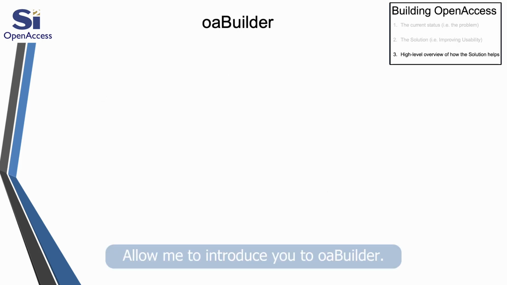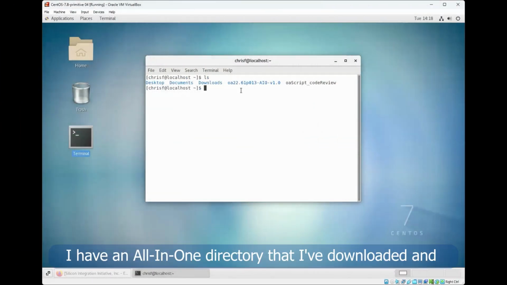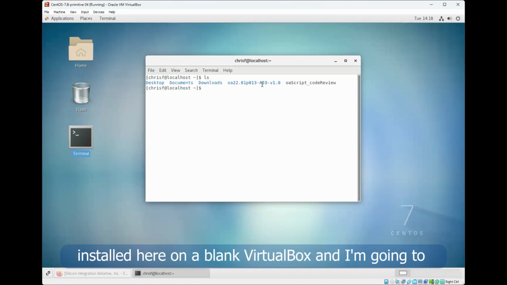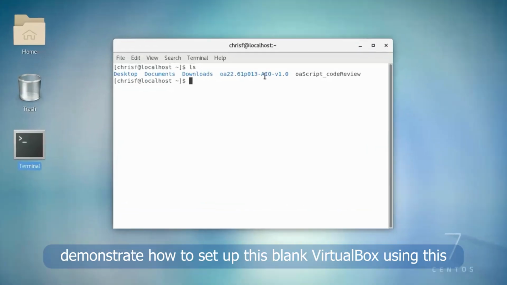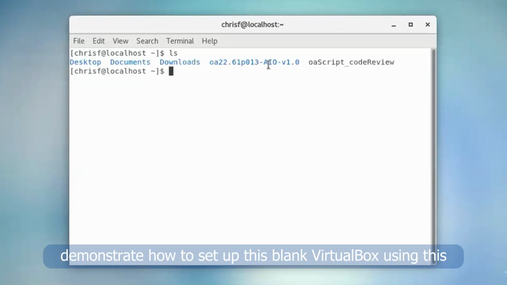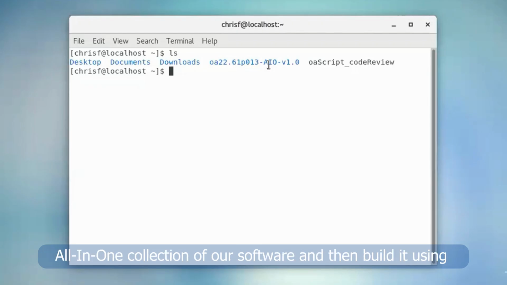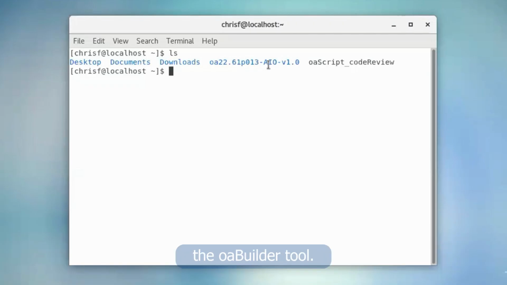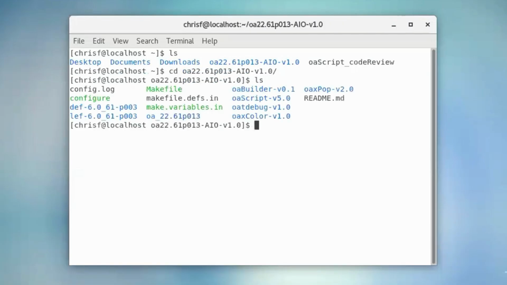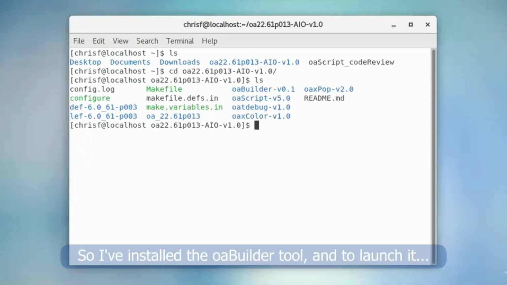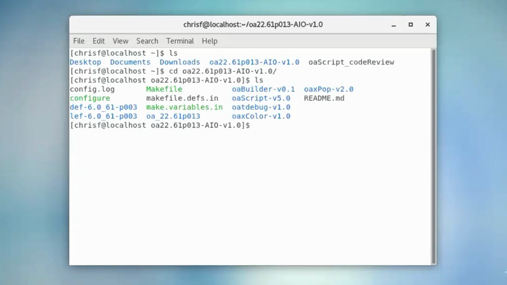Allow me to introduce you to oaBuilder. I have an all-in-one directory that I've downloaded and installed here on a blank VirtualBox, and I'm going to demonstrate how to set up this blank VirtualBox using this all-in-one collection of our software and then build it using the oaBuilder tool. So I've installed the oaBuilder tool, and to launch it,